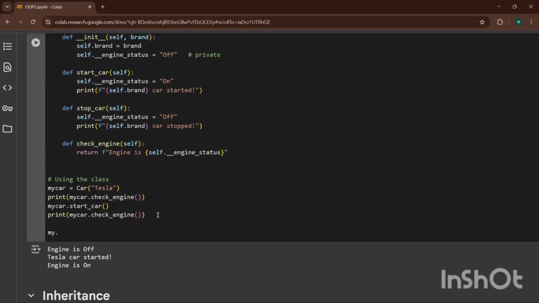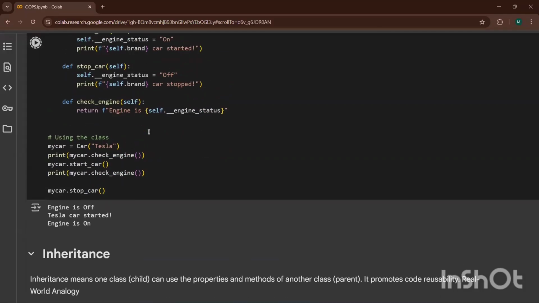I'm putting my car dot stop car. Run it again. Let it run.